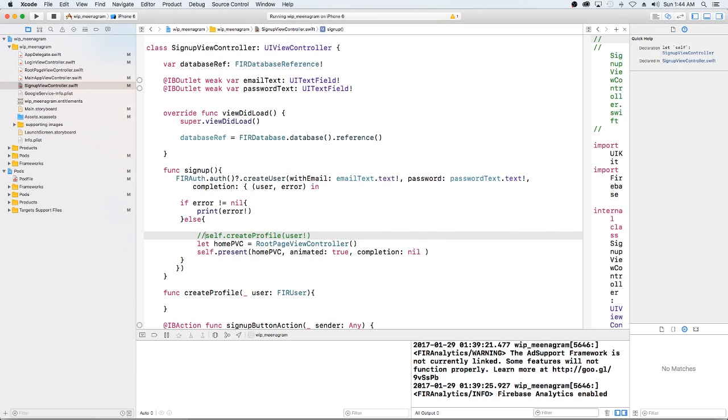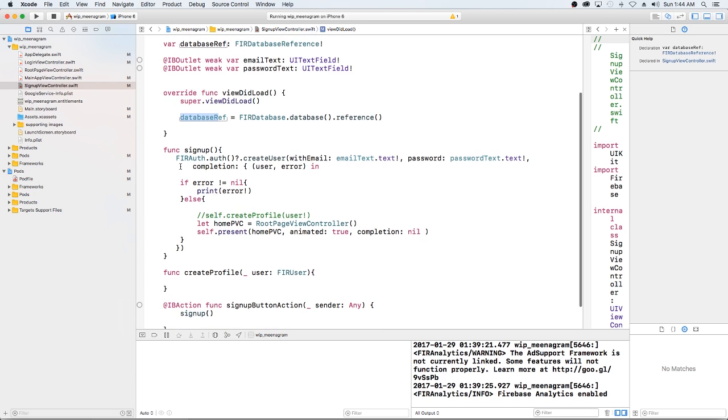Okay, so where we start back off is with our sign up view controller. We have an email, a password. Then on our view did load, we created an instance of our database reference. So that's here. This is what we're going to use in order to save our profile into our database. We're authenticating already for the user. So if the user does not have the authentication already set up, then they'll be coming through this to sign up. So within our sign up function, we have